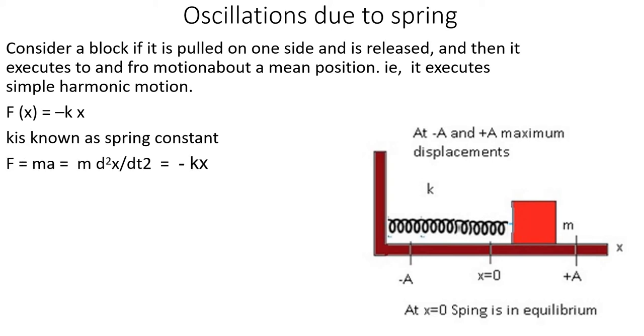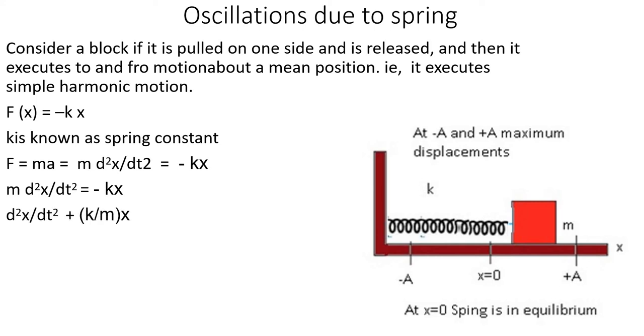So by using Newton's second law of motion, we can write F is equal to ma, so m into d square x by dt square. It is d square x by dt square. So m into d square x by dt square can be written as minus kx. By using Newton's second law we can write F is equal to ma, and here the restoring force is given by minus kx. So we can equate both. So we are writing ma is equal to minus kx, or we can write m into d square x by dt square equal to minus kx,